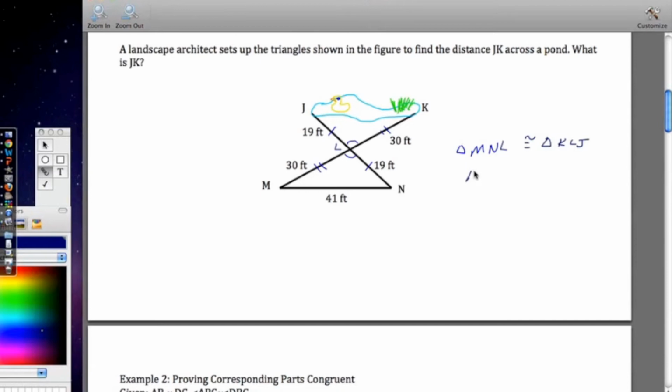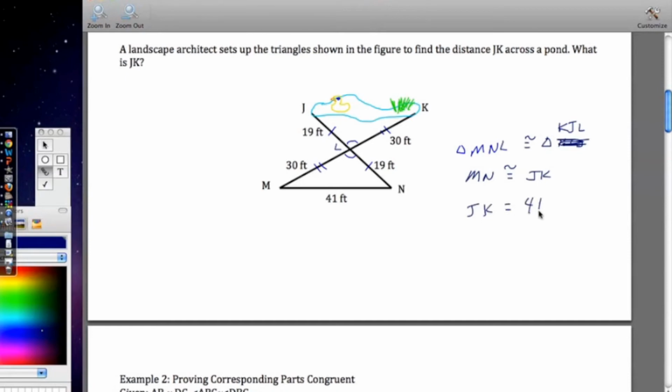So that means that MN is congruent to JK. Oh, I listed these backwards, sorry. This should be MNL, it should go KJL. So MN is congruent to JK, so that means that JK